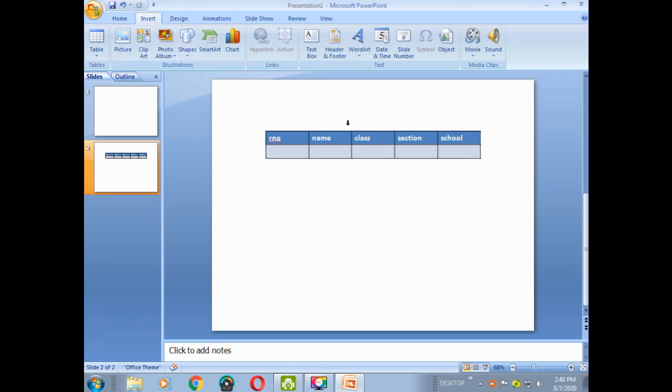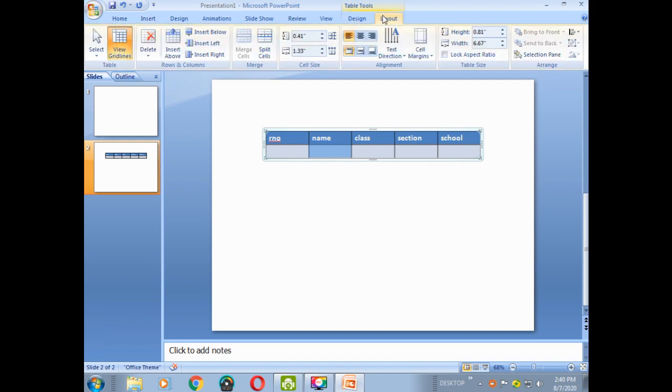Now I will tell you how you can change the alignment of your text. Like here, roll number, field name we have typed, it has been aligned to the left side. If I want to align it in the center, then for that, firstly we will go to the layout tab, then we will select the alignment options from it. If you want to align it in the center, choose the center alignment button. So in this way you can align your text in the center.